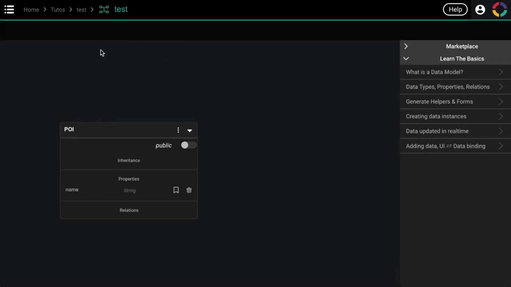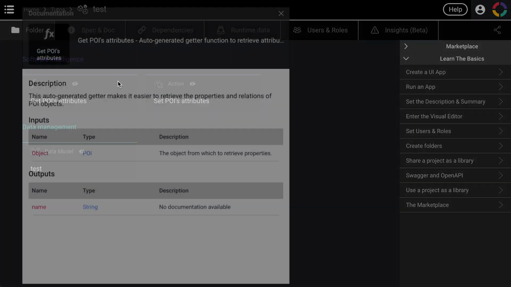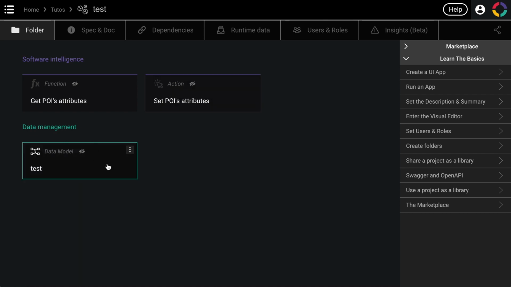And here we see we created our first APIs, which are get point of interest attributes and set attributes. And if I look at the help, it's been generated for us, and it has an input, an object, which is my point of interest, and in input I have my name. So it's going to set the name. Okay. As we see, there are different colors. Data is colored in green, so that shows a strong visual separation of the data model and API. And then we are going to want to build,